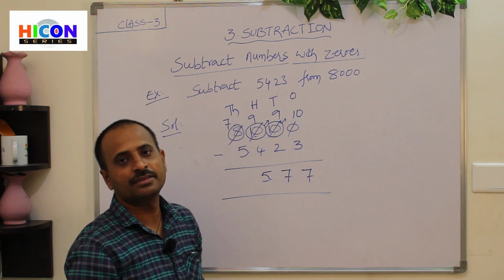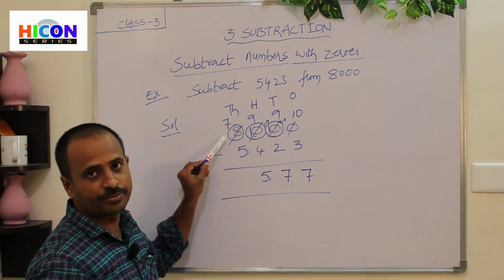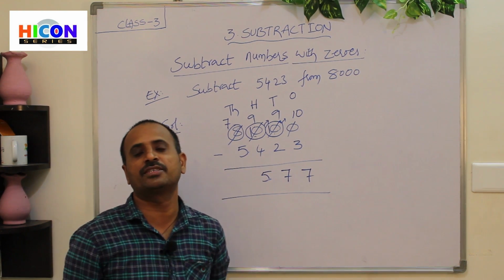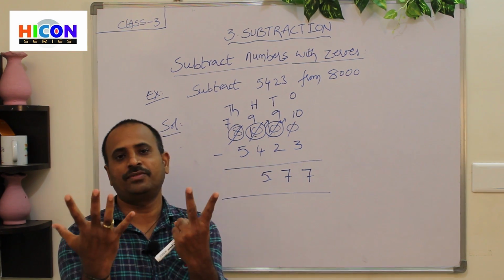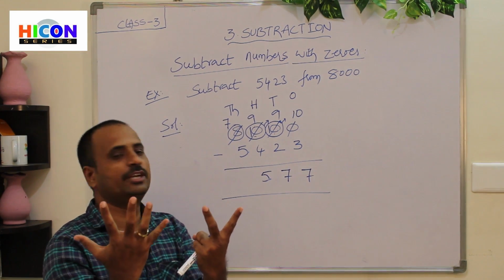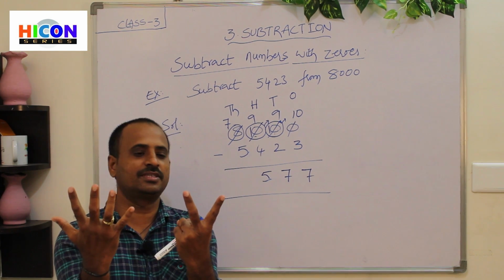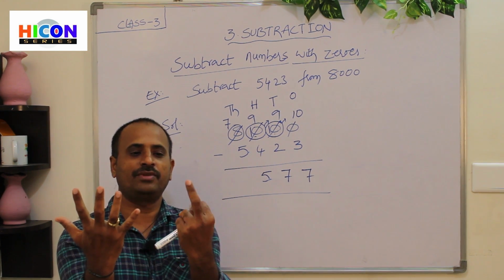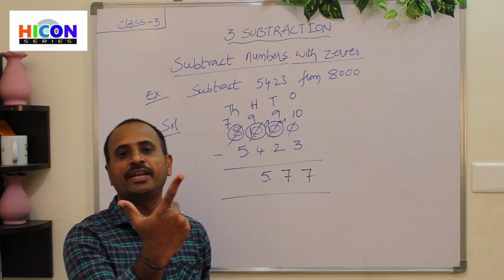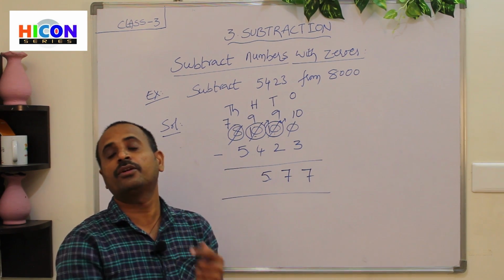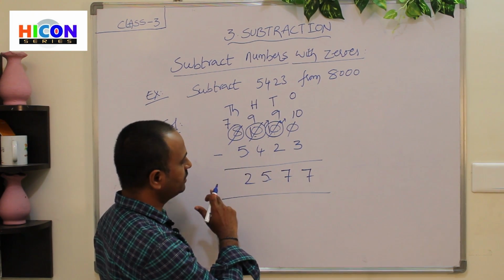Next go to thousands place. So 7 and 5 are present in thousands place. So what is the first number here? 7. So open 7 fingers of your hand. 1, 2, 3, 4, 5, 6, 7. These are the 7 fingers. So next what is the second number? 5. So close 5 fingers among these 7 fingers. So children see, I am closing 5 fingers. 1, 2, 3, 4, 5. So children, how many fingers are there remaining? So there are 1, 2. So there are 2 fingers. So write 2 here under thousands place. So the answer is